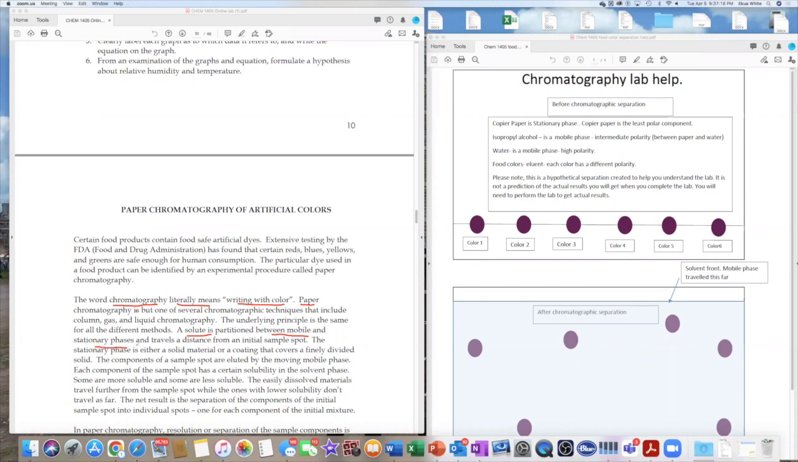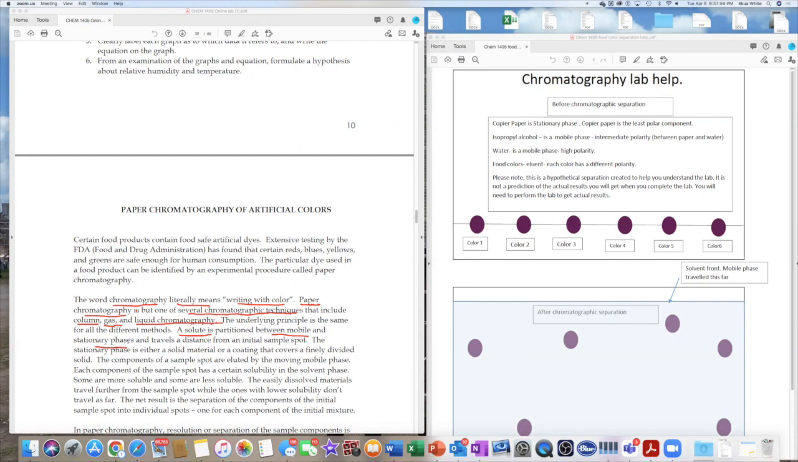So I'm trying to go over the critical information that pertains to your lab, but please be aware paper chromatography is only one of several chromatographic techniques that include column chromatography, gas chromatography, and liquid chromatography, okay? So we are working with paper chromatography. Let me make sure I'm actually recording here. Okay, great. So we're told here in this process, the way this works is a solute is partitioned between a